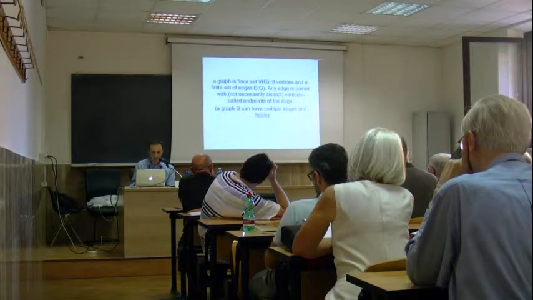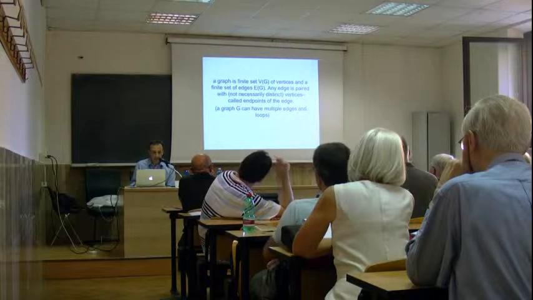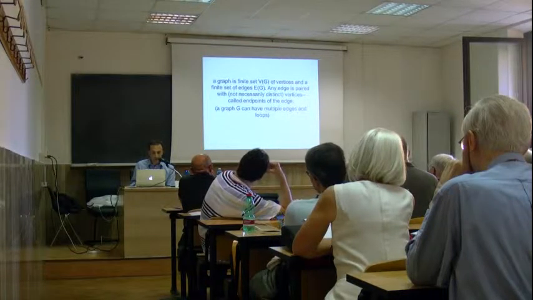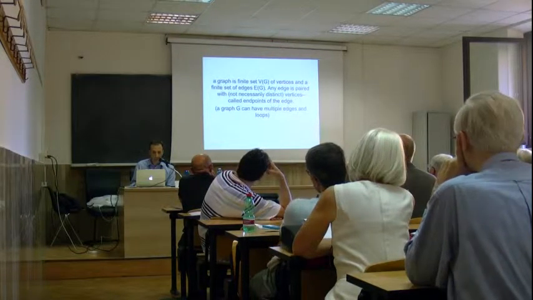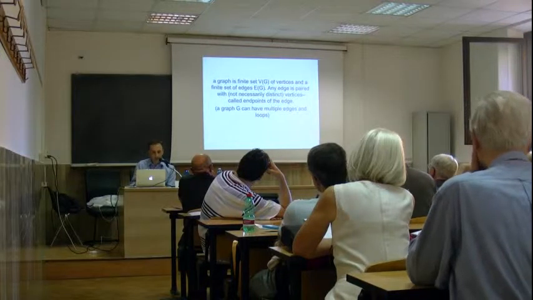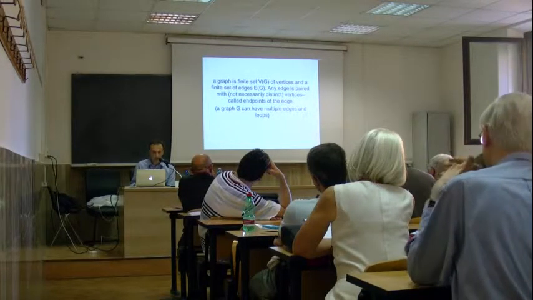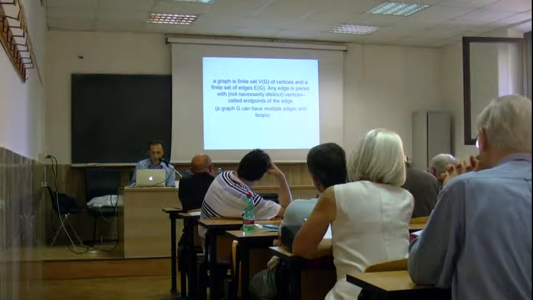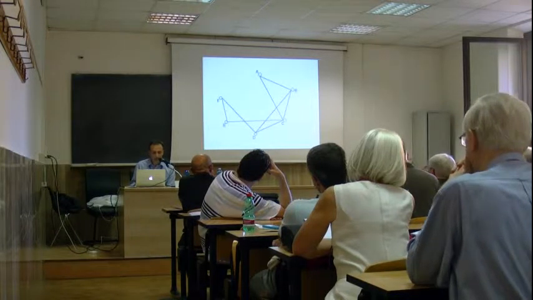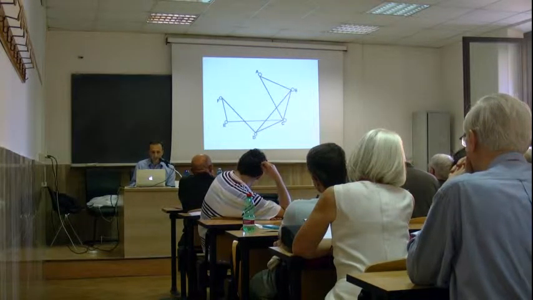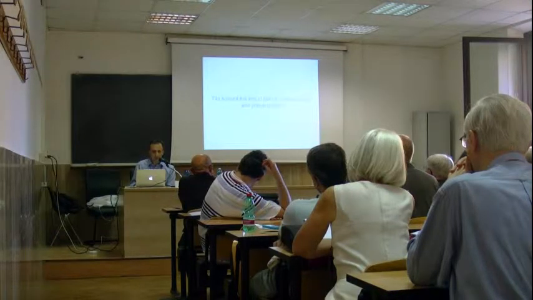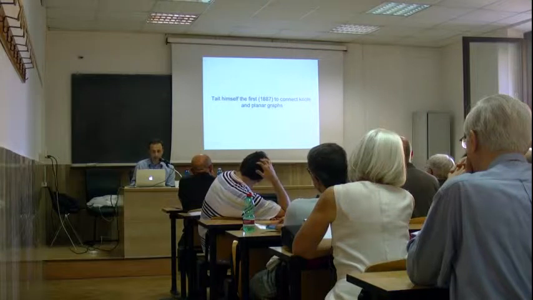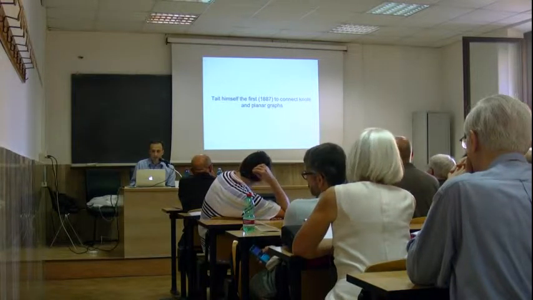As you probably remember, a graph is a finite set, e.g. of vertices, and a finite set of edges, e.g. Any edge is paired with not necessarily distinct vertices called endpoints of the edge. So it's something like this. And Tait himself was the first to connect knots and planar graphs. In effect,